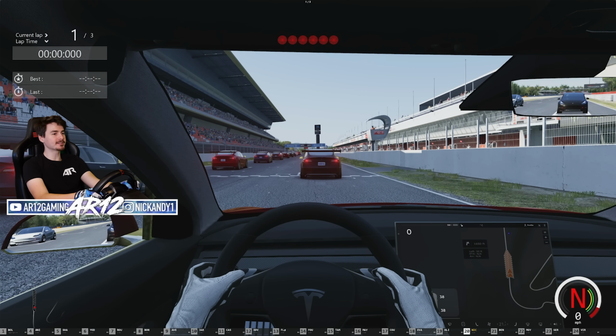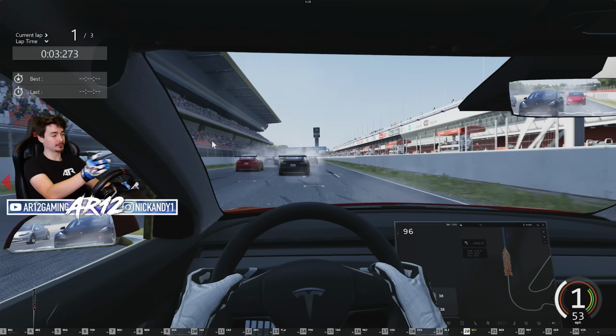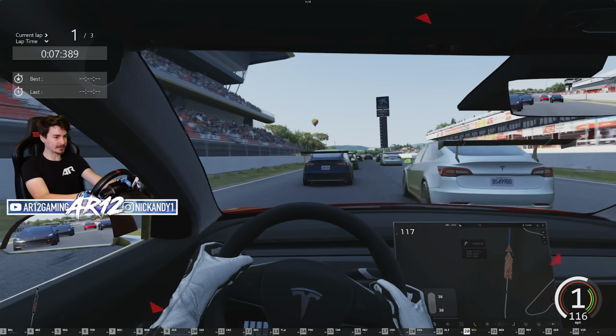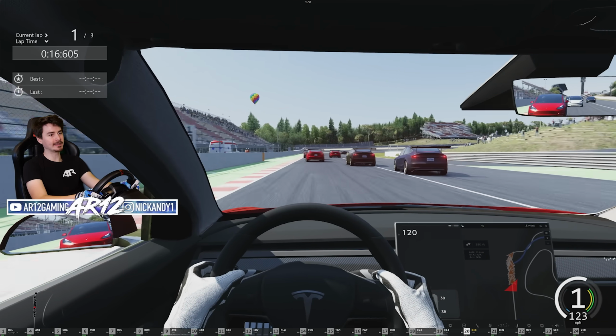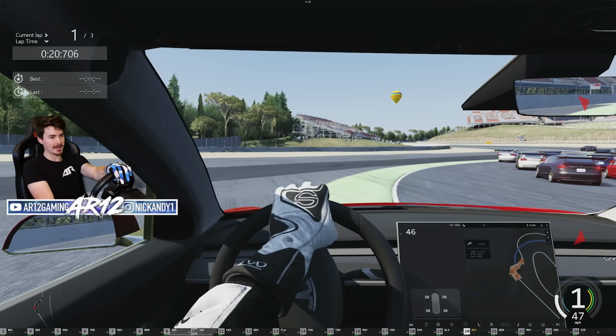Race number 2 for the Tesla Model 3s, this time around Catalonia. Let's see what we're able to do. That was way too much throttle control for me right there. I barely got off the line, but the AI... That was insane. That was probably the most dangerous racing move I think I've ever made in my life, but